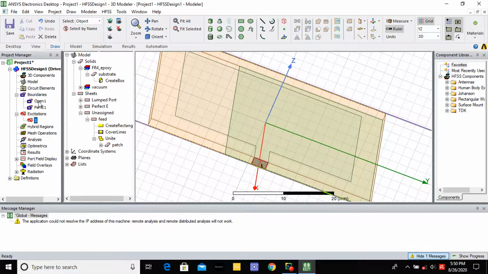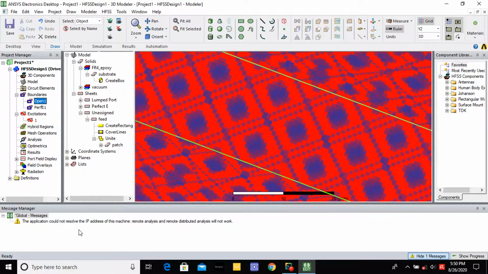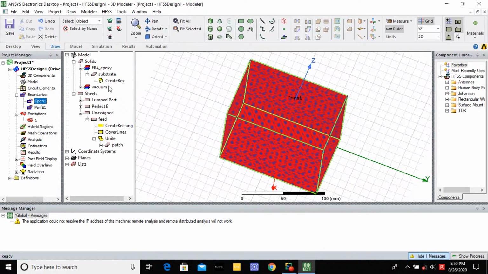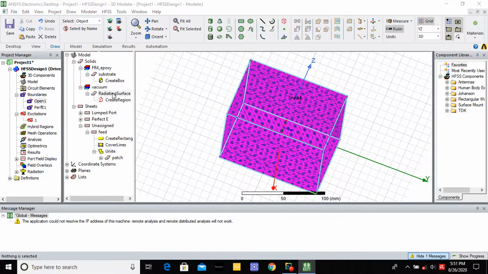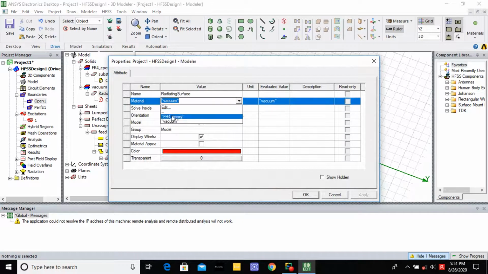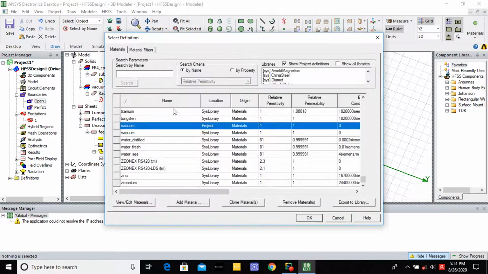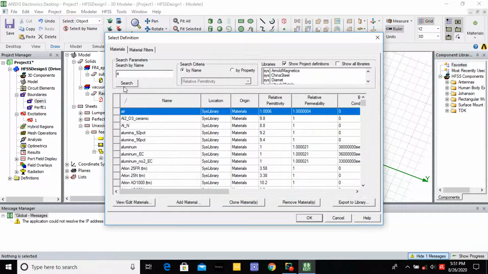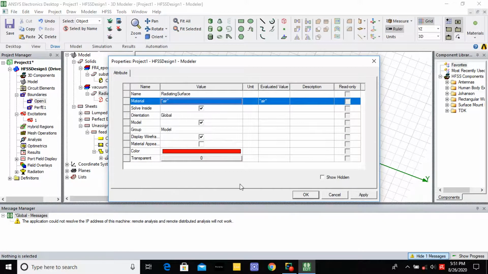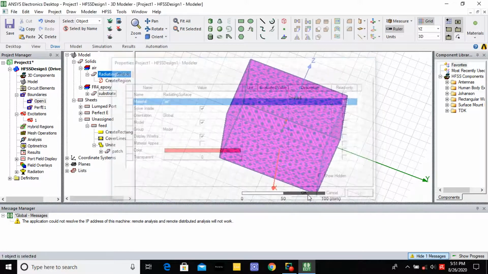Instead of radiation box vacuum, you give air. Instead of vacuum you give here air. Then you give apply, then you give OK.